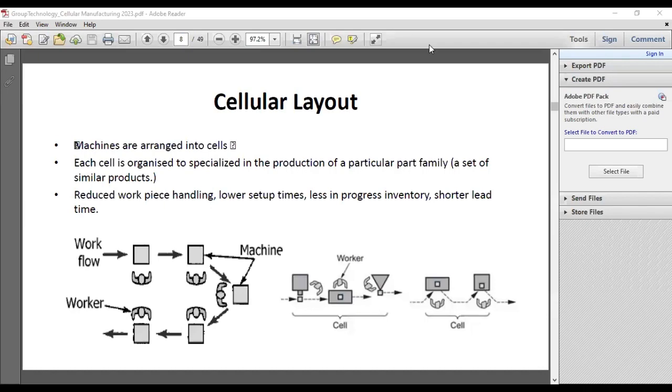And other layout type is cellular layout. This is the production machines are arranged into cells, or the departments. So each cell is organized for one particular part, or a set of similar products. That means here, if you take this as one cell, maybe the round shape parts are machined here in one cell, and